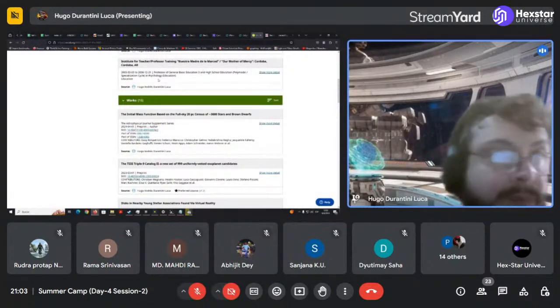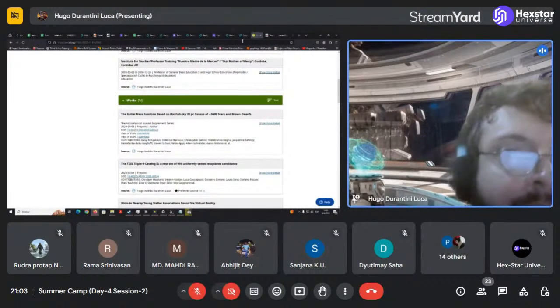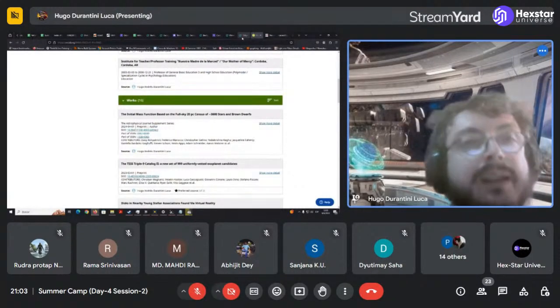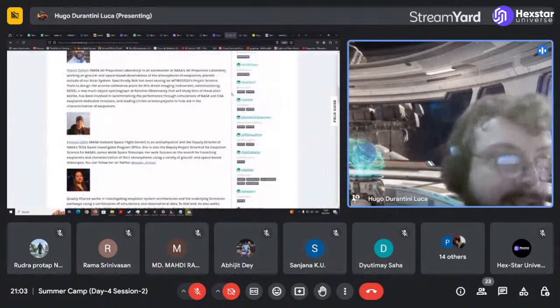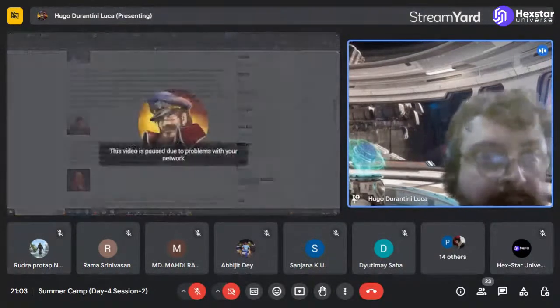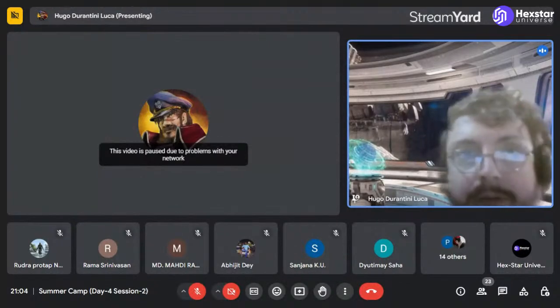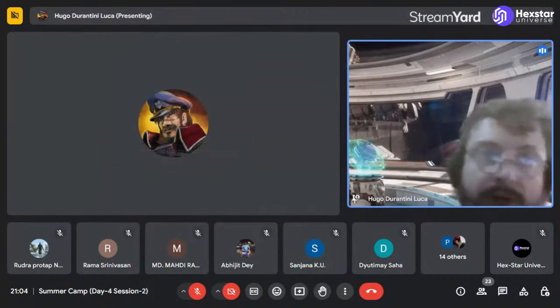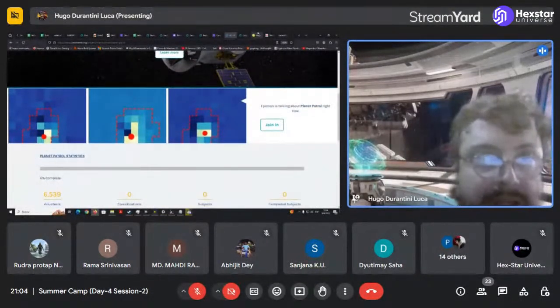So now for the final project, which is currently about to return to the public in a way: Planet Patrol. If you search for Planet Patrol in Zooniverse, you are going to find it, but the project is without data from quite some time ago. We ran the project, we analyzed all the data, and we started to generate catalogs.